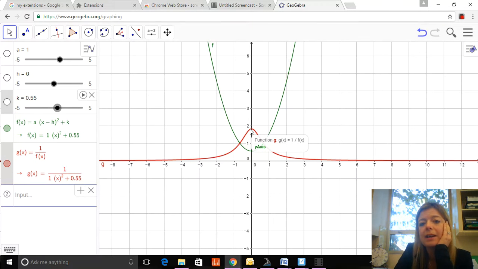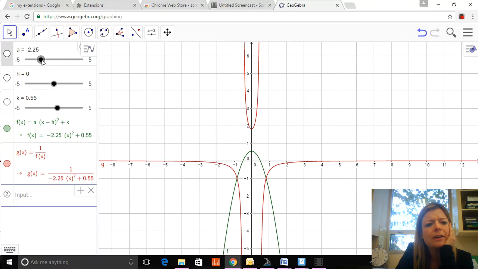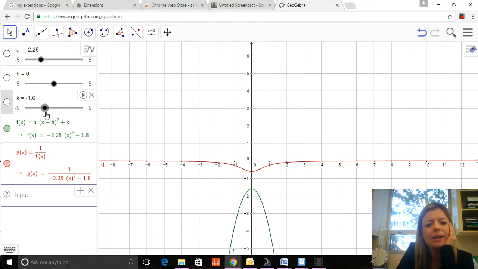Now that makes sense because of the intervals of increase and decrease, okay? So if I flip this upside down, let me say I want a negative a value, but don't look at this yet. I want my k value down here. So then here's a case where I have a maximum on my quadratic and a minimum at the same x